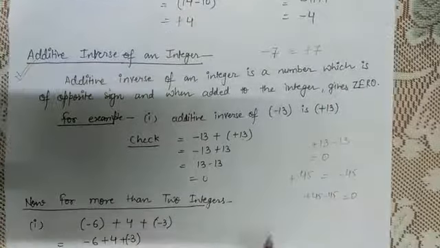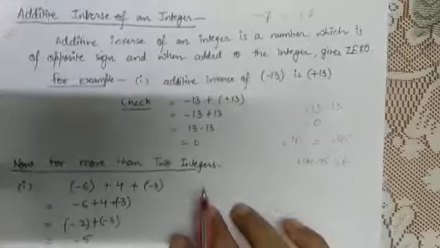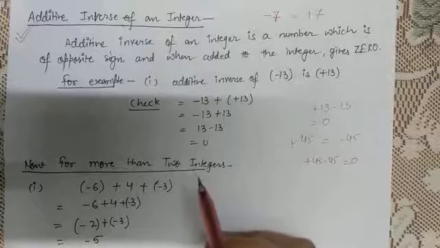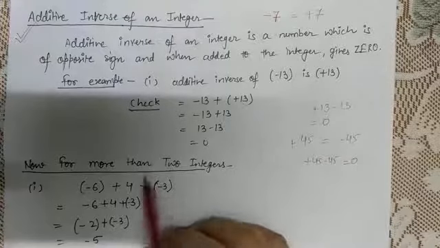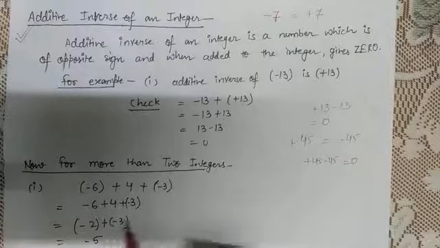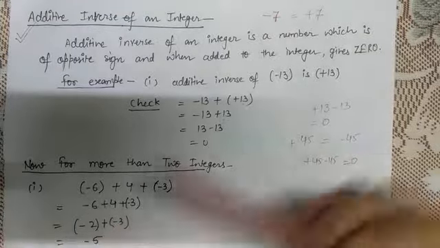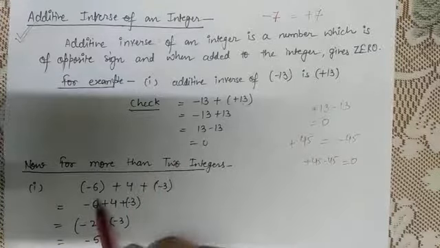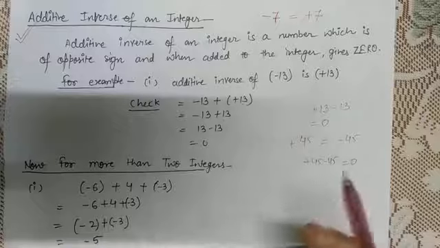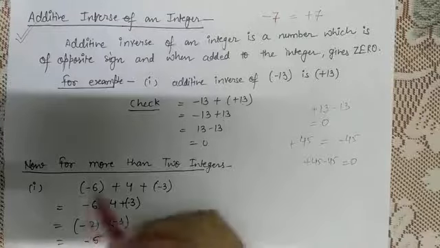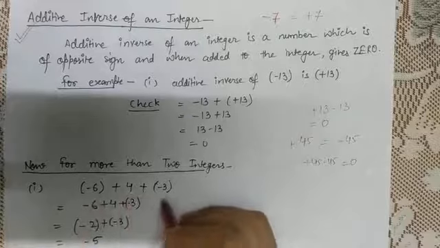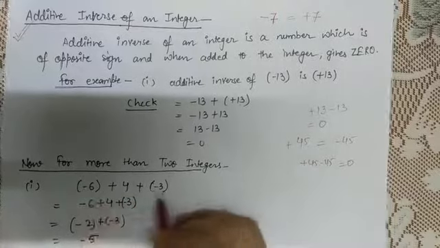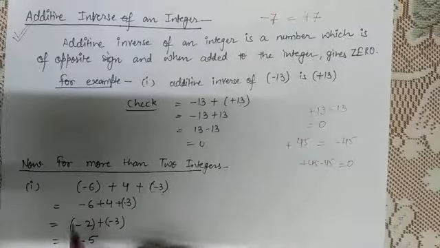Now today's topic, which is assignment number 15. Today's topic is we have to add more than 2 integers. Assignment number 15 is we have to add more than 2 integers. That is, if you have studied earlier how to add 2 integers, how to subtract 2 integers, now you have to study how to add 2 or more than 2. Suppose you got 4 or 5 integers, 3 integers, how can you add them? That is minus 6 plus 4 minus 3. There are 3 integers, 2 are negative, 1 is positive. A combination can be changed also, 2 can be positive and 1 can be negative. You have to add them.